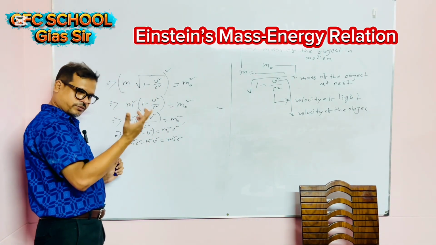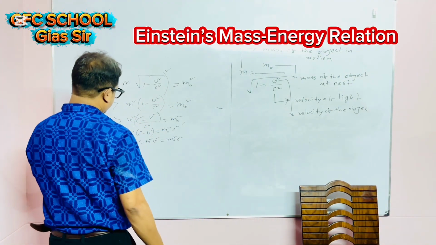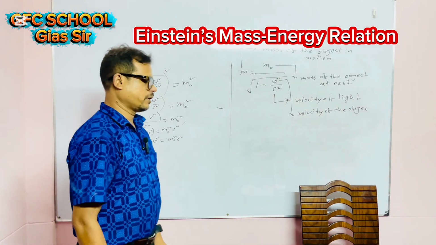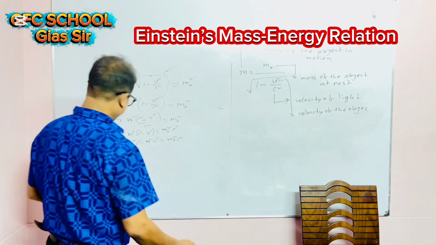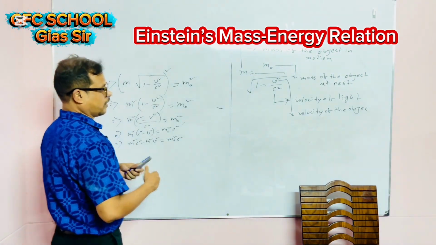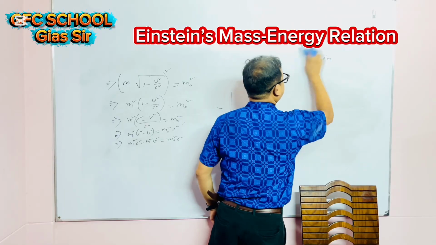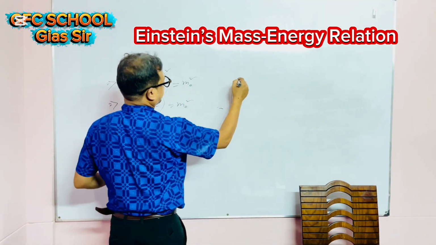After completing this, I will come to class. Now, m squared c squared minus m squared v squared equal to m naught squared c squared. Yeah, we do differentiation. How can we do this differentiation, guys? Here,